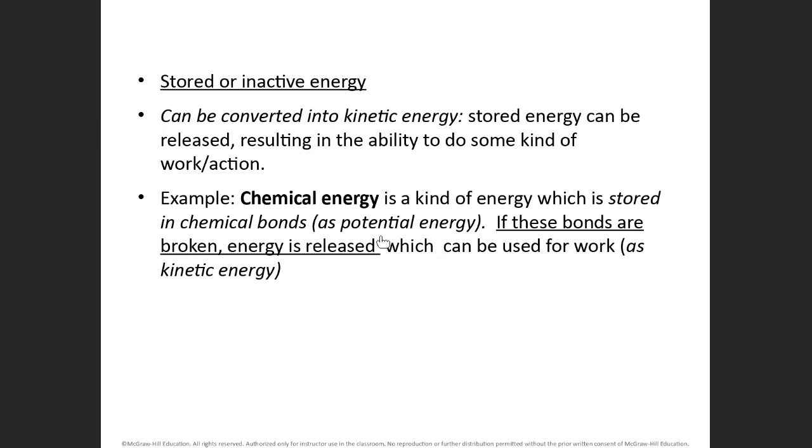An example is chemical energy, and this is actually a really important example that you should always keep in mind. I really think it's going to help you when we're trying to understand ATP. We're going to talk about ATP and how we use ATP for cellular energy, and understanding that requires you to get this point here. So always keep this in mind. Chemical energy: when you have a chemical bond, let's say it's an ionic bond or a covalent bond, doesn't matter,